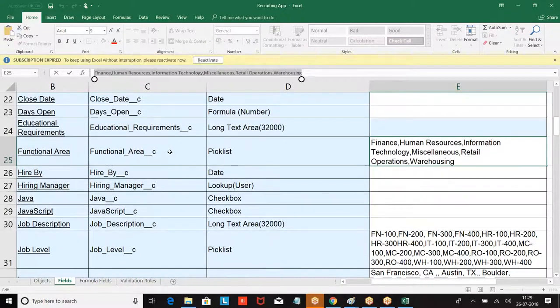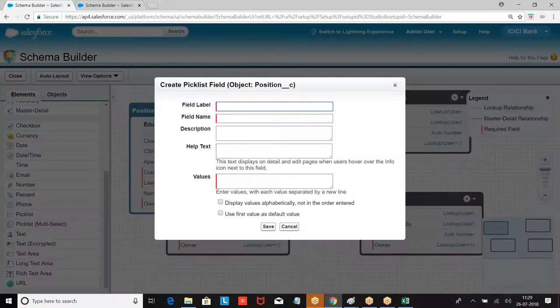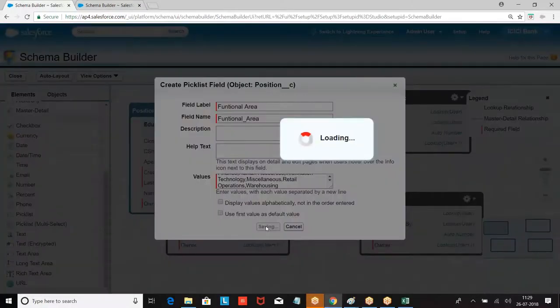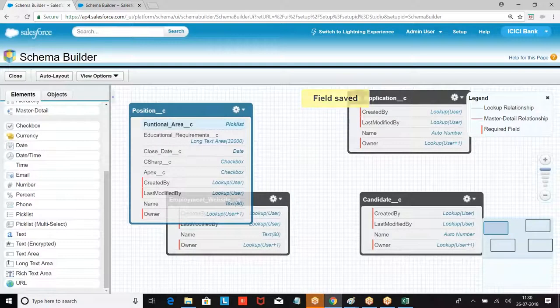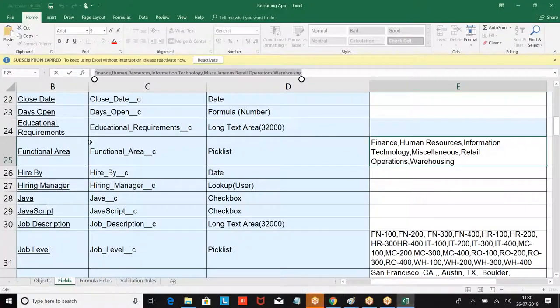Then we had the next option, hire by date. Then JavaScript, hire by.